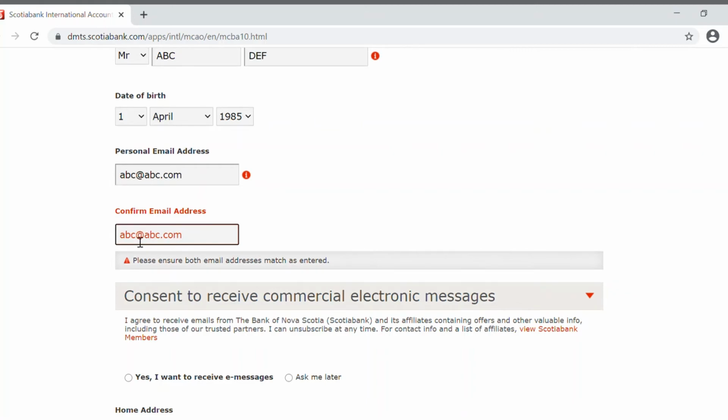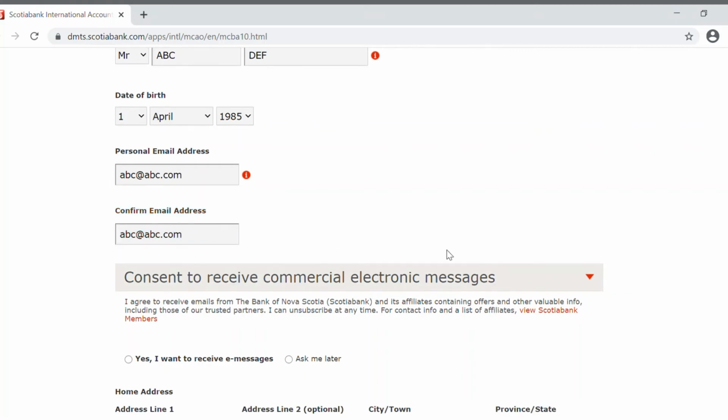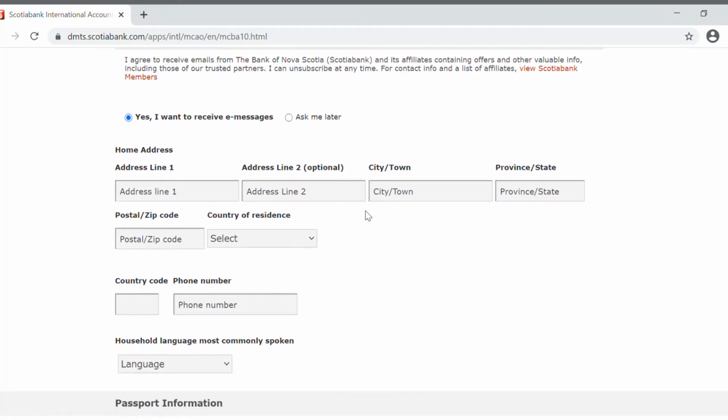Okay, so consent: yes, I want to receive e-messages from Scotiabank. It is easy for us to see the notifications that they are sending.